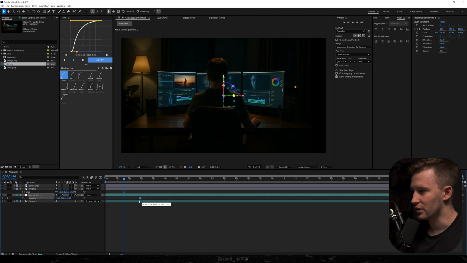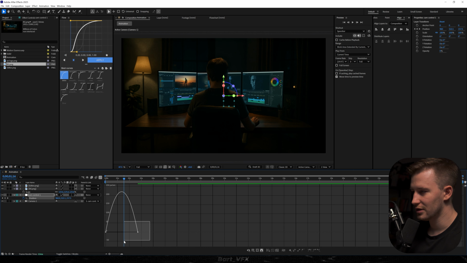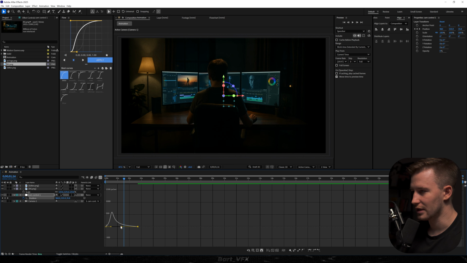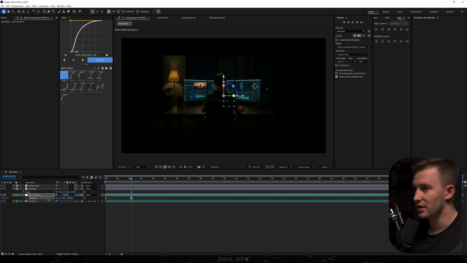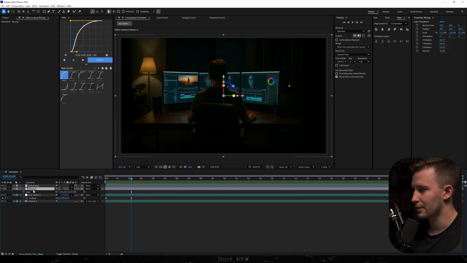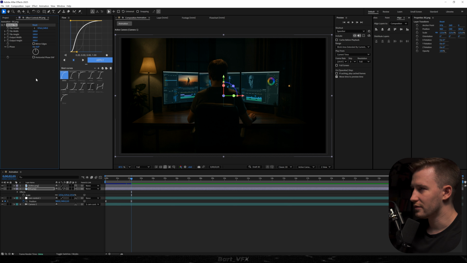Now we need to make sure to apply a good graph here, so I'm gonna select both, hit F9, go to the graph editor, and we're just gonna create a peak on the left. Okay, this is extremely slow, I'm gonna speed it up. And later on, we're gonna be moving further away, so what we wanna do is apply motion tile effect to the background. I'm just gonna bump it up to 300 over here, output height as well, and let's check mirror